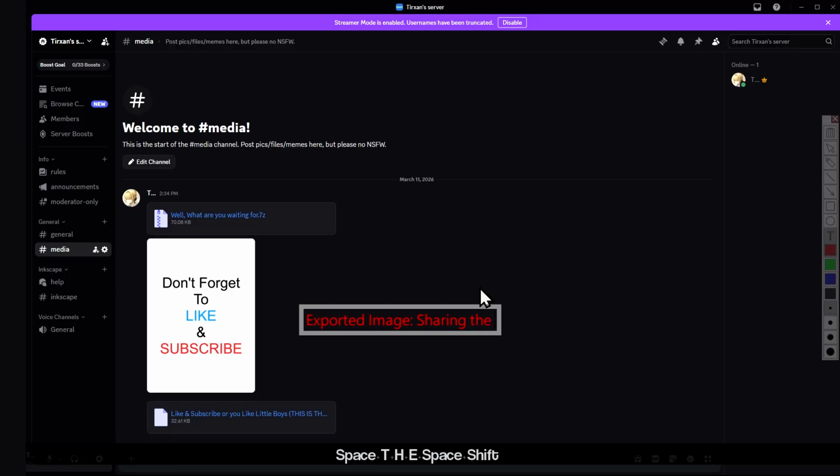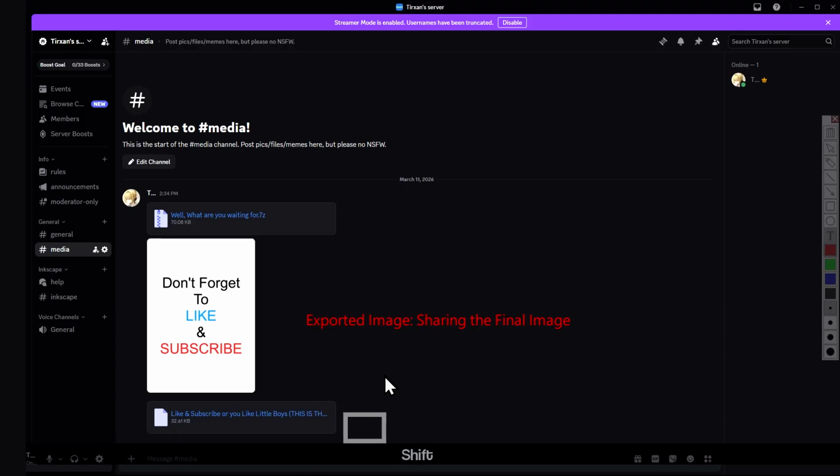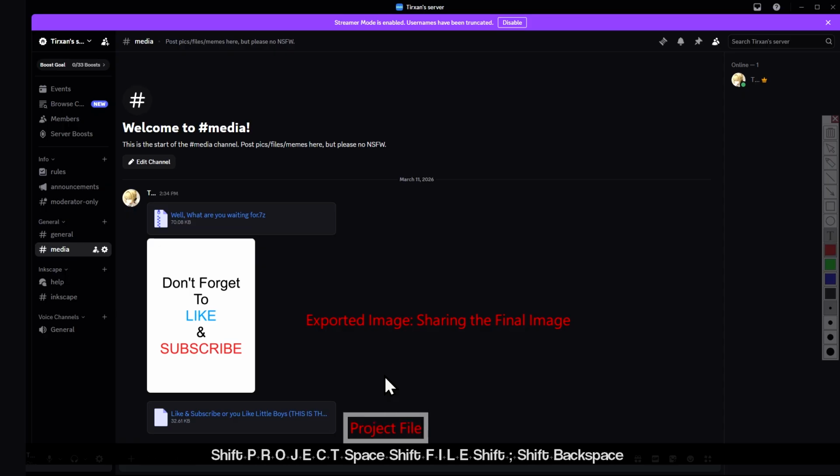If instead you try to share the Affinity project file, well, they won't be able to open it up unless they have the Affinity app.